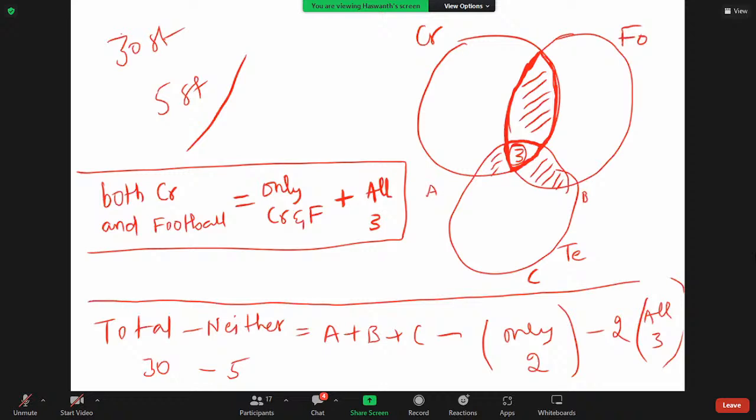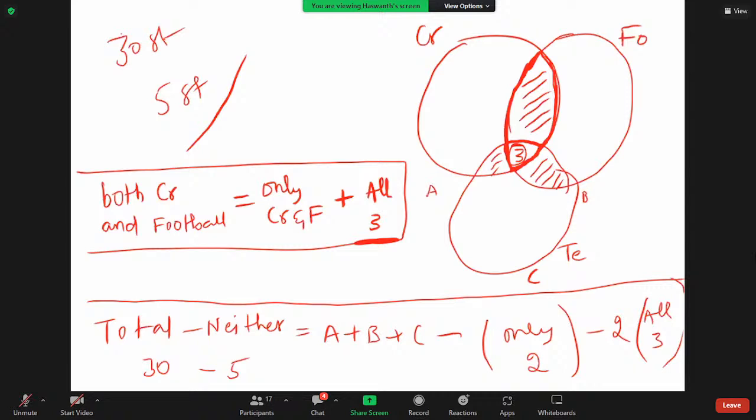For example, if he says only cricket and football, you can directly substitute it in the formula. But if he is using the word both, if he says both cricket and football, from that value subtract all three, then you will get only cricket and football, then substitute that value in the formula. So this is one important area where you have to be careful in Venn diagrams of 3 cases,